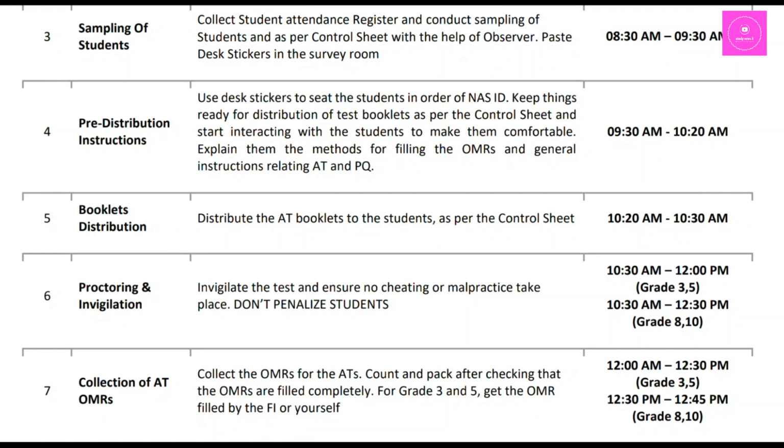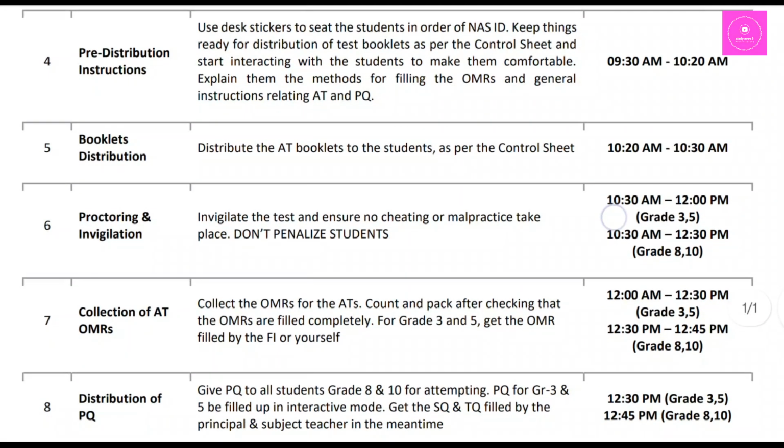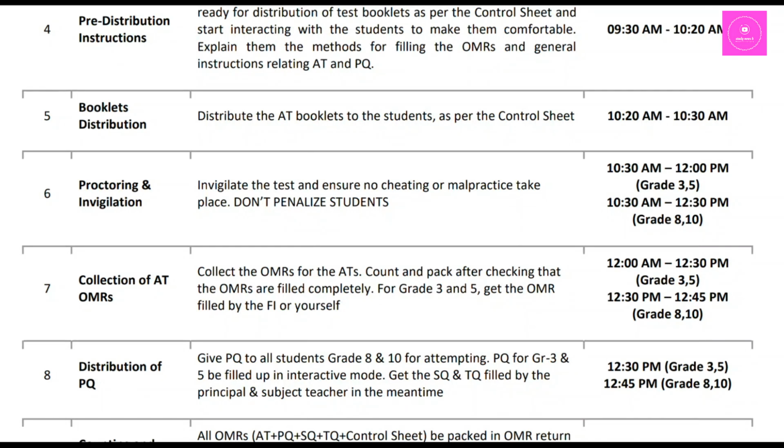10:30. There are 4 booklets for class 3 and 5, 4 booklets for class 8 as well, and there are 5 booklets for class 10th. Okay. Then proctoring and invigilation: invigilate the test, ensure no cheating or malpractice takes place. Don't penalize students. Timing 10:30 to 12 pm for grades 3 and 5, 10:30 to 12:30 for grades 8 and